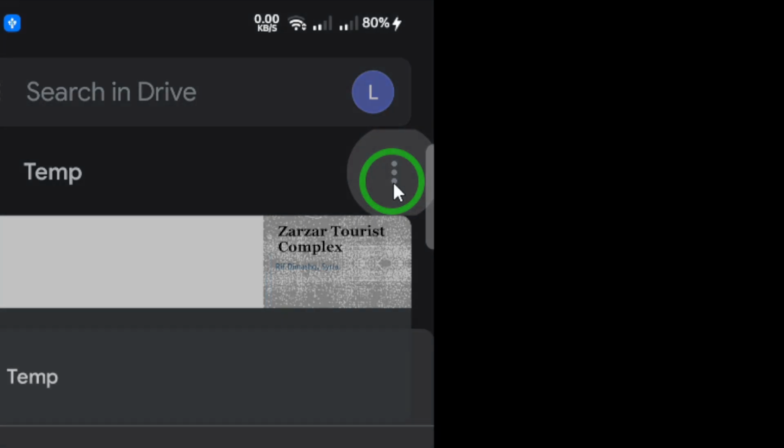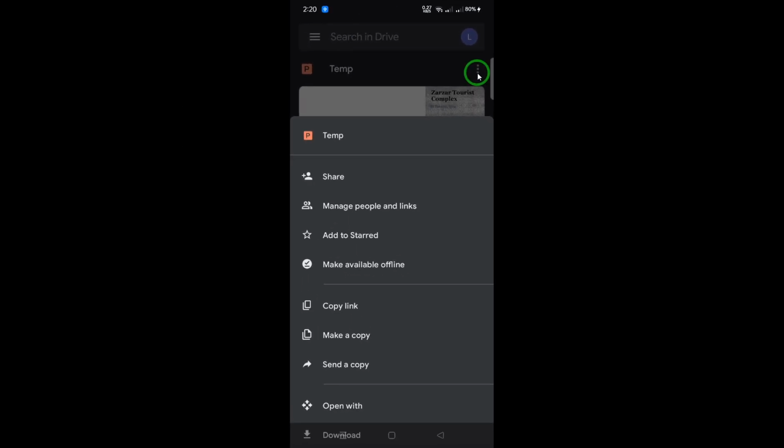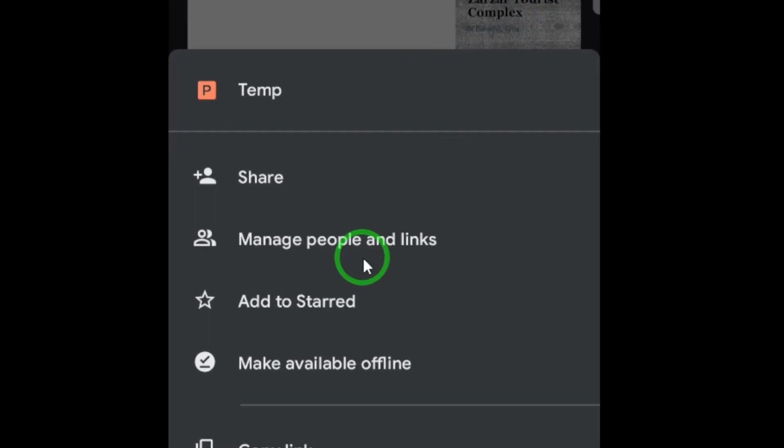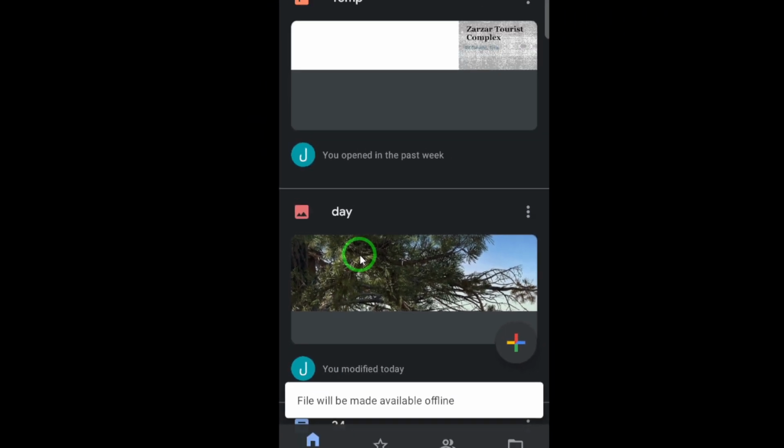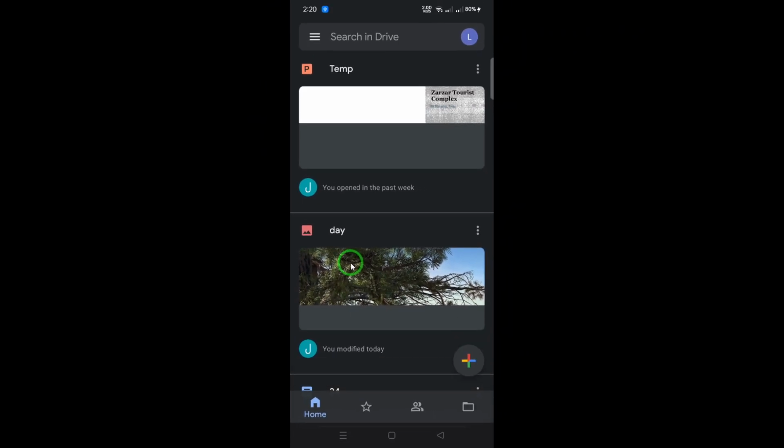Now click on those three dots. A menu will pop up with several options related to that file. Here's where the magic happens. Find and select Available Offline from this menu. By doing this, you're telling Google Drive that you want this specific presentation accessible even when you're not connected to